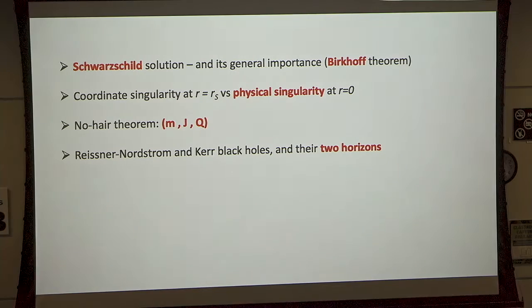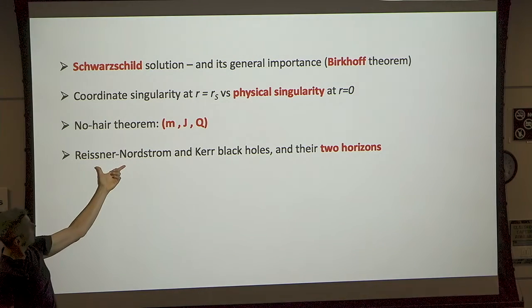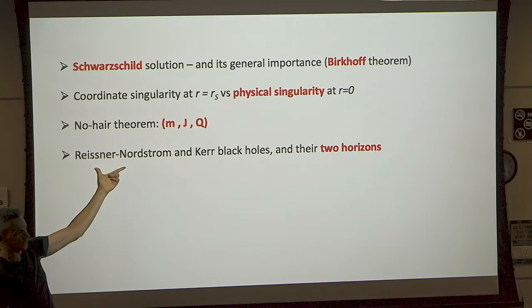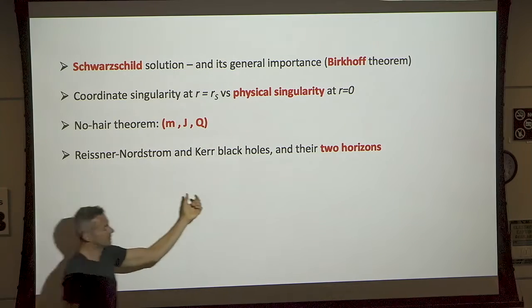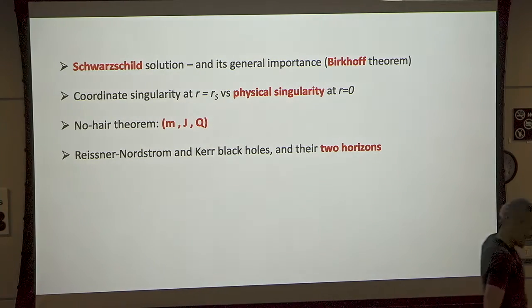Speaking about charge, we briefly touched upon the metric that corresponds to a charged black hole. That also was calculated very early on because it has spherical symmetry, so it's easy to solve Einstein's equations in that case. The peculiarity is that the Reissner-Nordstrom black hole has two horizons, and what is relevant for the corresponding Hawking temperature, we're going to see more about that today, is the distance between the inner and the outer horizon. When that distance goes to 0, the Hawking temperature vanishes and the black hole becomes extremal and it stops